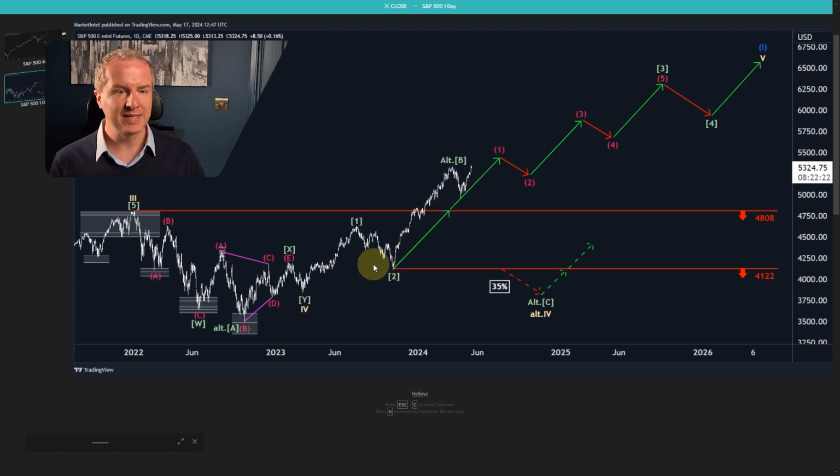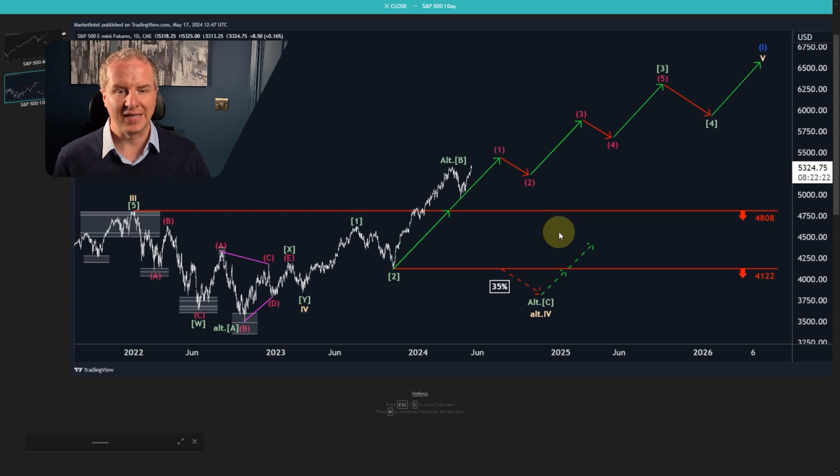But the idea is that due to the strength of this increase, this is a third wave rally, which is obviously subdividing again into 5 waves. You can see it here on the daily chart. Wave 1 in magenta is likely still unfolding. We then expect a wave 2 next in magenta. Wave 3, 4, 5, which would complete a larger degree third wave. And then there should still be another 4-5 pattern. This is the preferred scenario, the primary count, which we assign a probability of 65%.